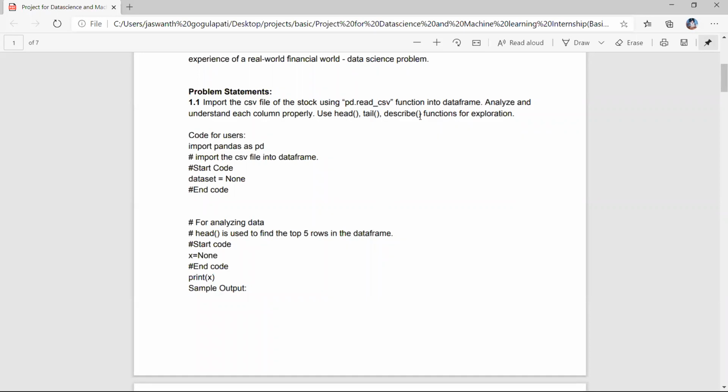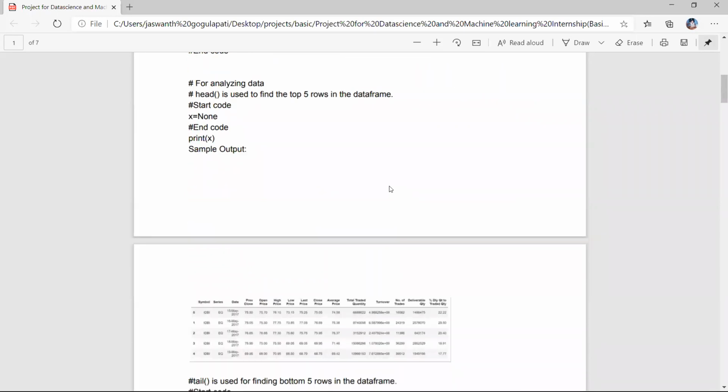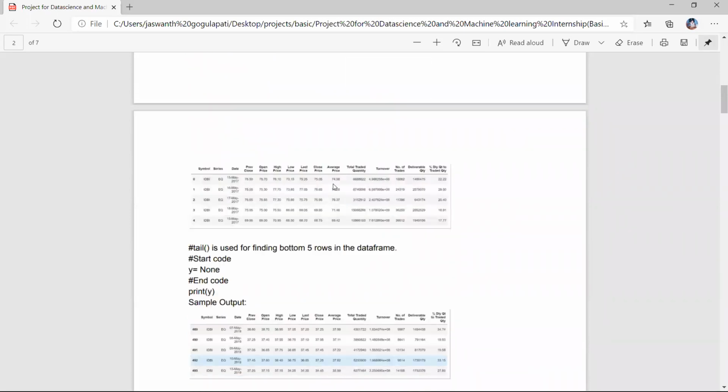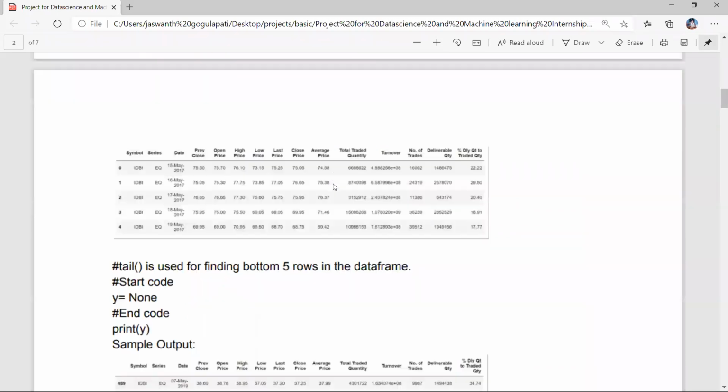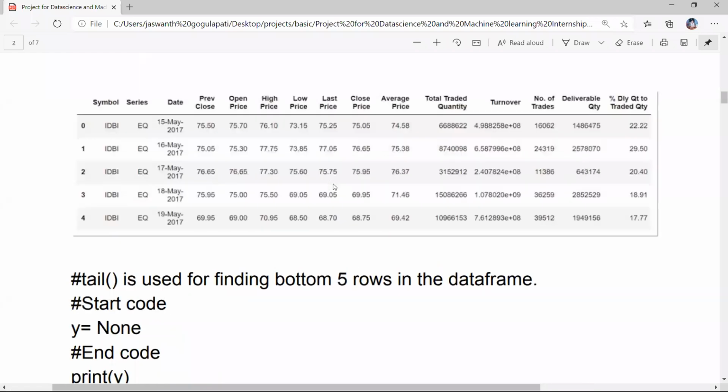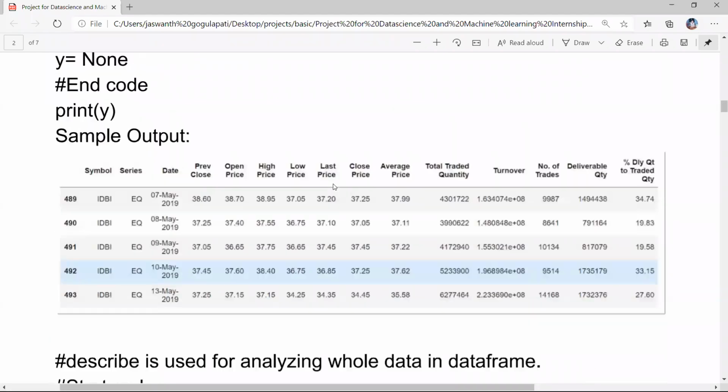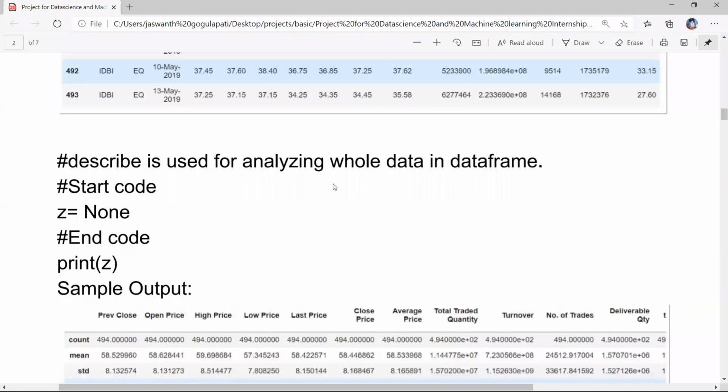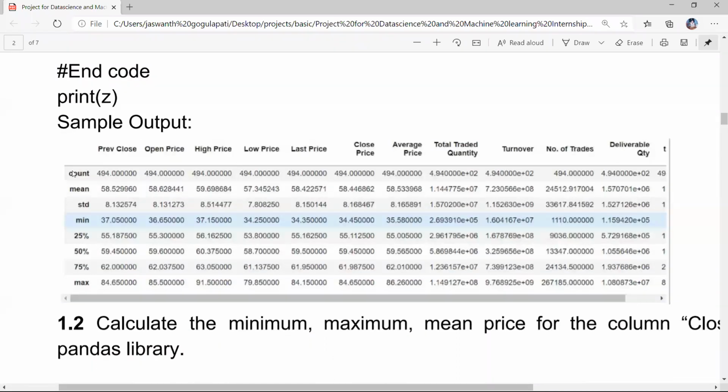Tail is used to view the bottommost 5 rows. When we use head, we'll get the top 5 rows like this. When we use tail, we'll get the bottommost 5 rows. When we use the describe function, we'll get attributes like this.